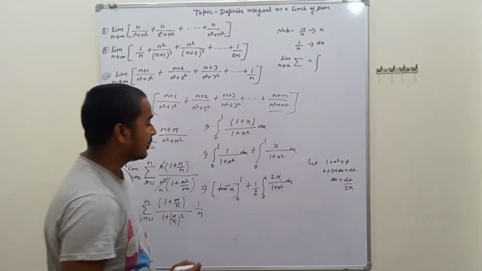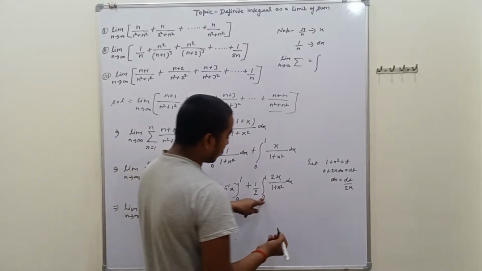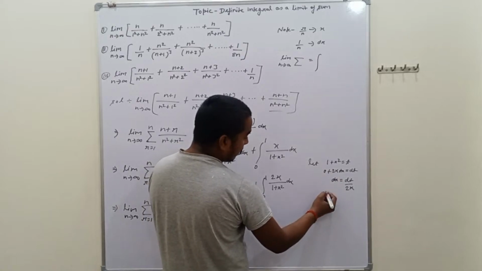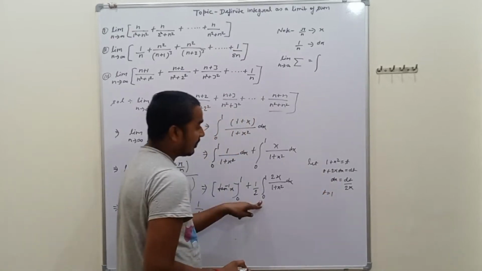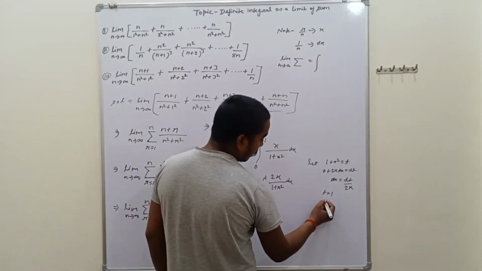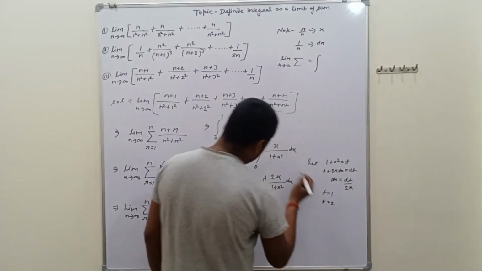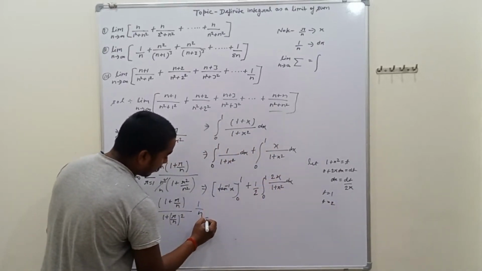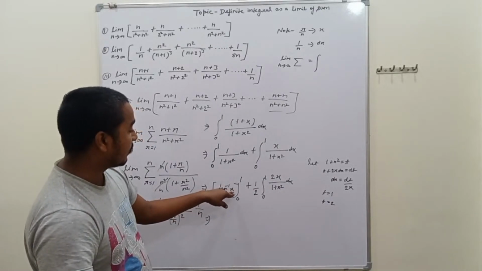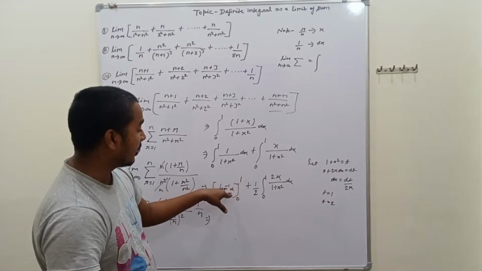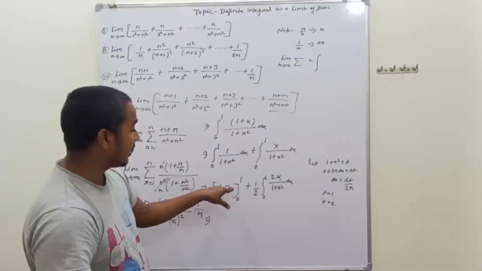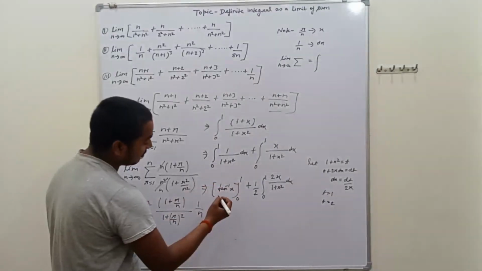And from here we change the limit. When putting x is equal to 0, t is equal to 1, and when putting x is equal to 1, t is equal to 2. In the first part, tan inverse of 1, putting the upper limit 1 in place of x, is the value of tan 45. From tan inverse to tan, pi by 4 remains,